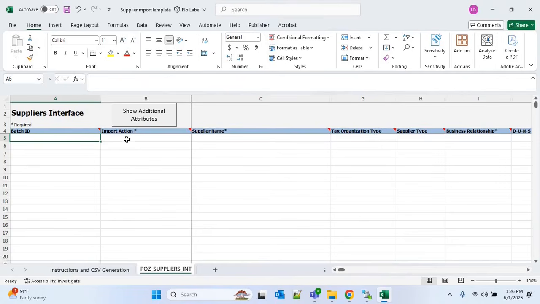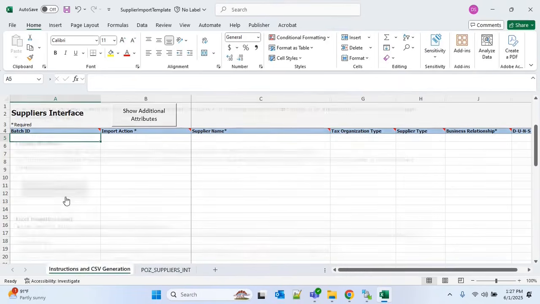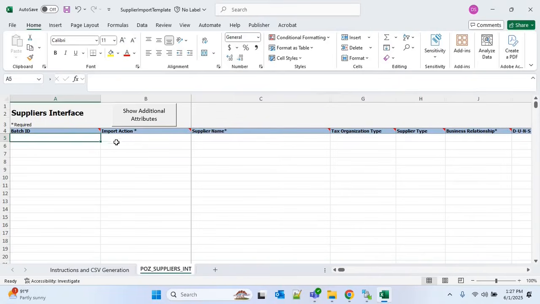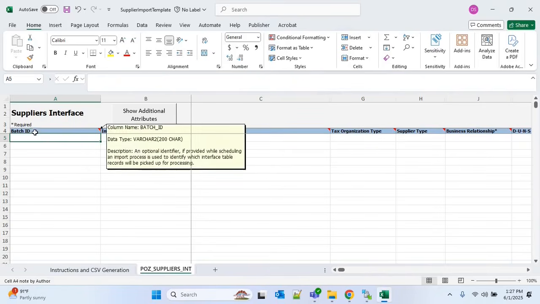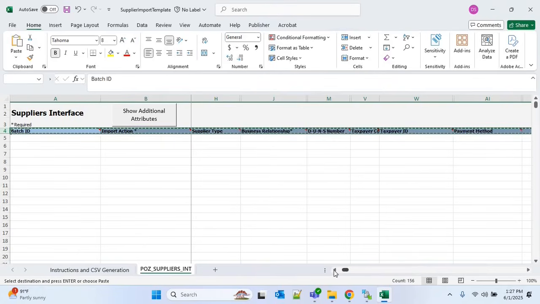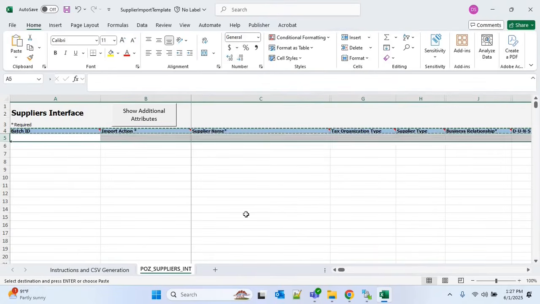Now you have two options. You can directly provide your supplier data in this particular sheet and generate the CSV file, and that CSV file you can use for the supplier import. But we'll not follow that. Rather, we'll generate the blank CSV file, and in the OIC mapping we'll get the supplier data from the source file, and that data will be put into that CSV file. But before that, I will